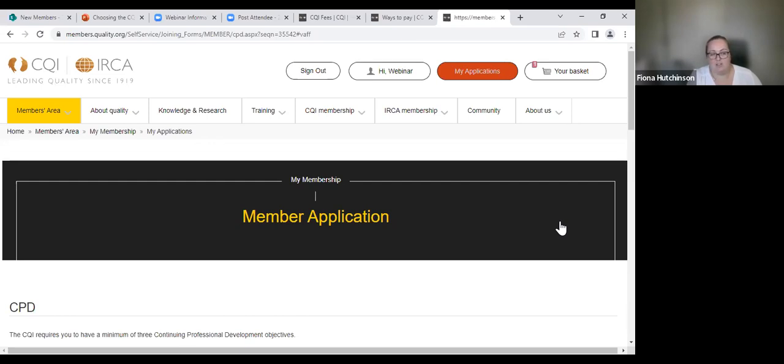We still need, for the chartered member application, for you to fill in this whole application. For the practitioner grade, that's the application finished. So it's just the training and the work experience sections and the declaration page, which we'll get to in a minute. Those are the only two sections that we need you to complete. Everything from here on out is for the chartered member application only. And it's the same for the chartered member application, whether you join directly as a chartered member or whether you join as a practitioner and regrade, the requirements are the same.